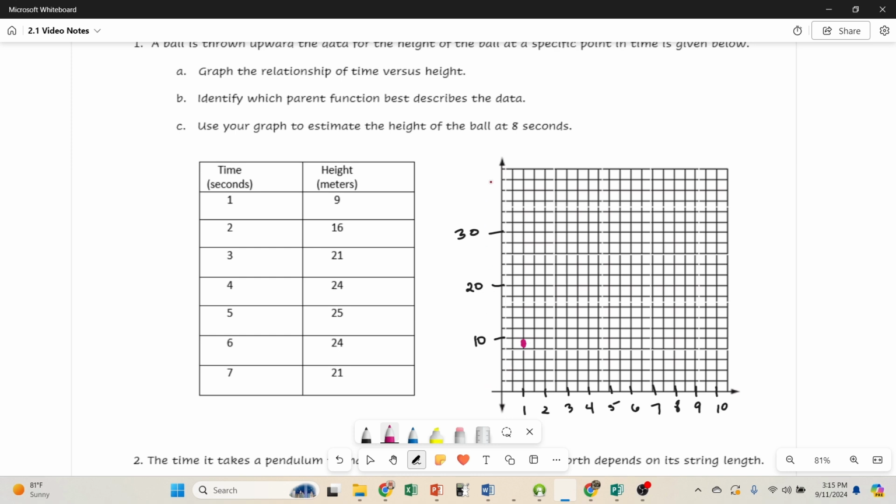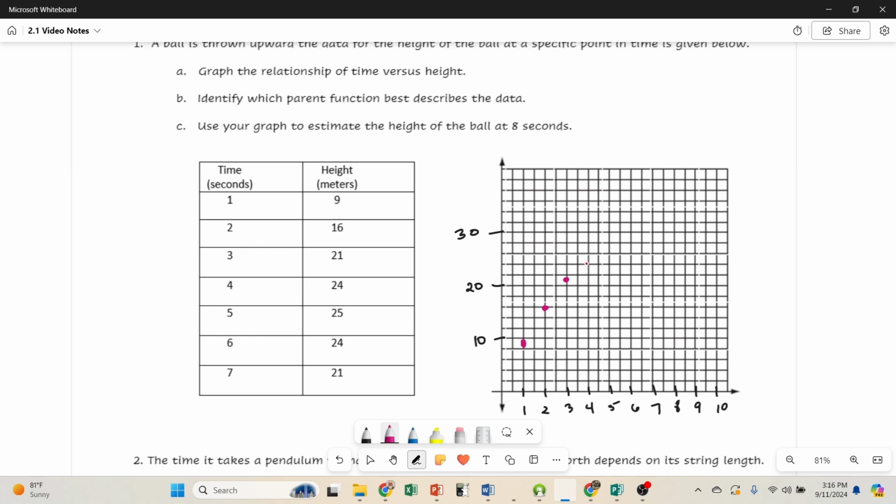My scale on the left is in 2s. At 2 seconds, we're up to 16, which is right here. At 3 seconds, we're up to 21, which is right here. At 4 seconds, we're up to 24,